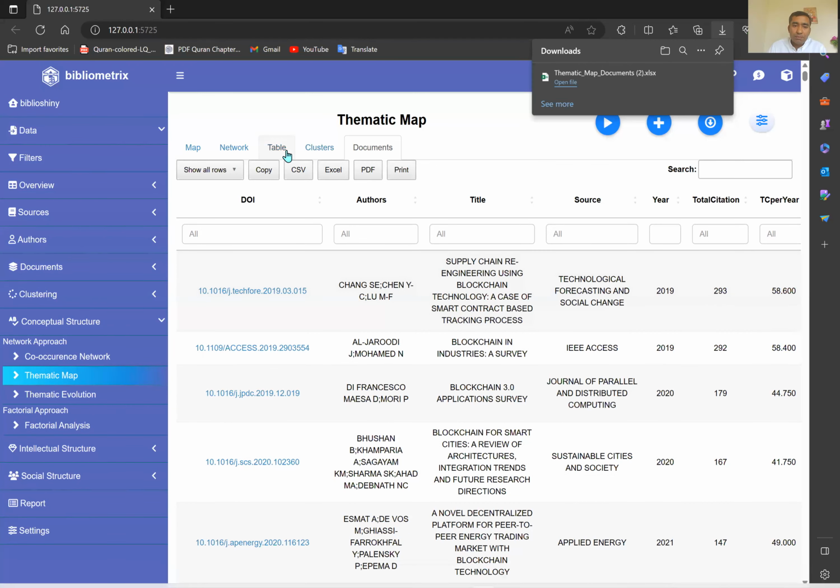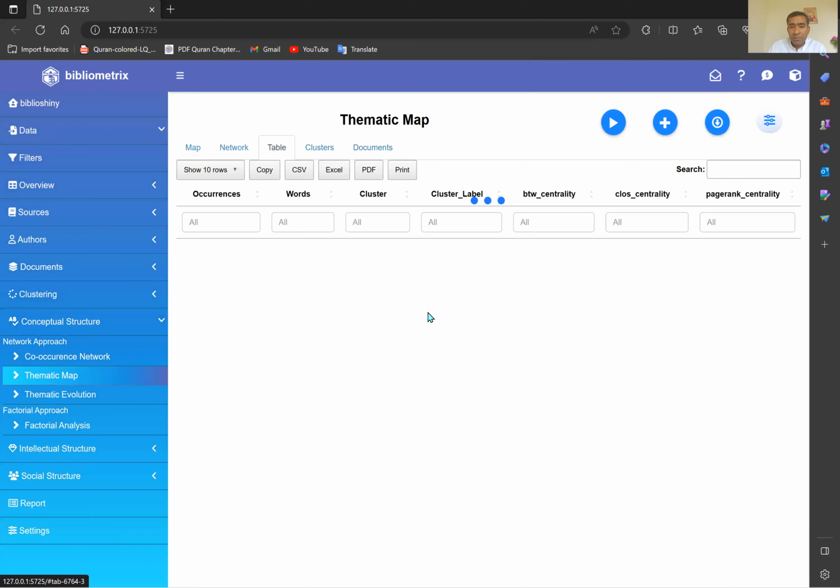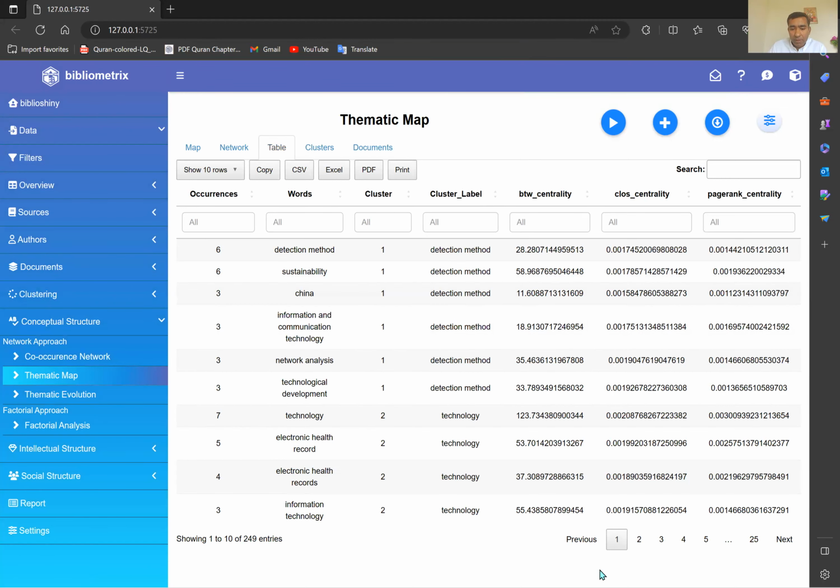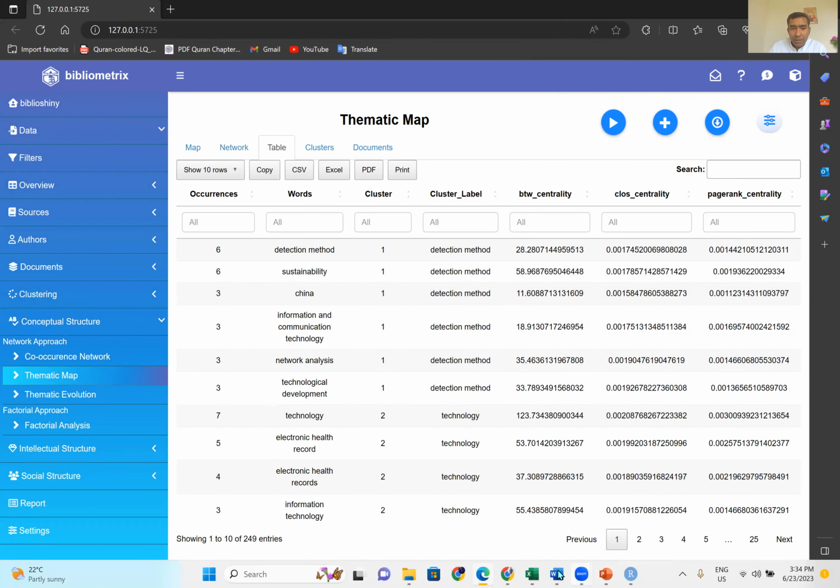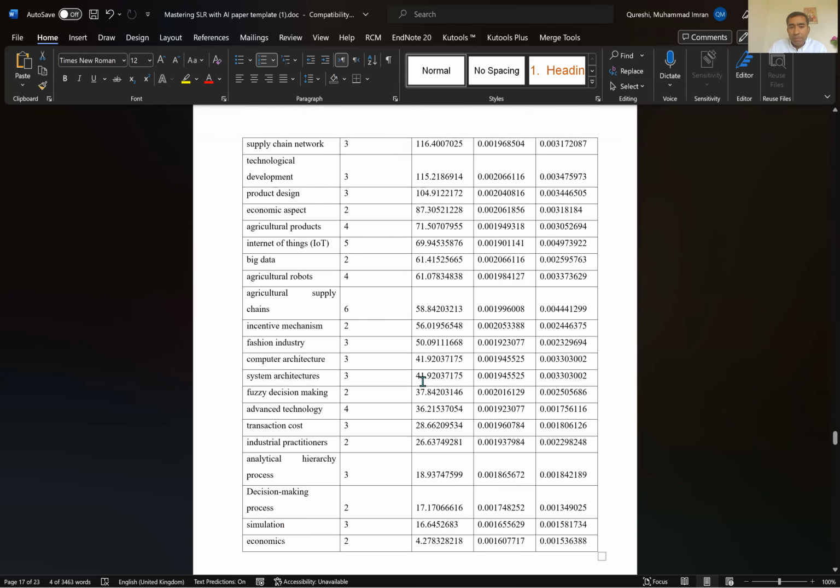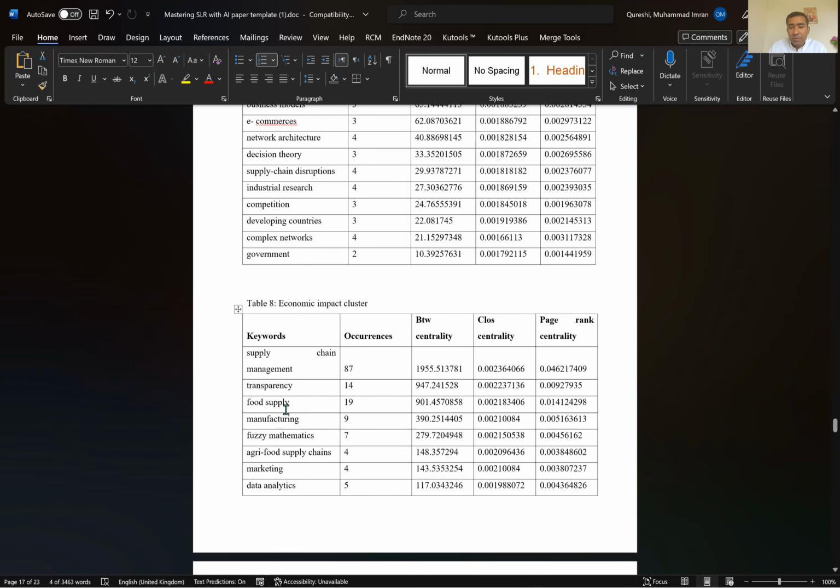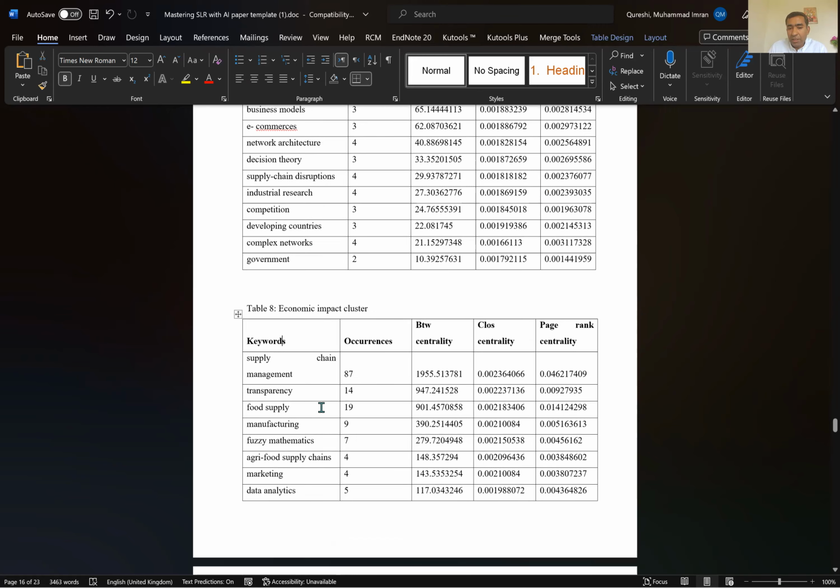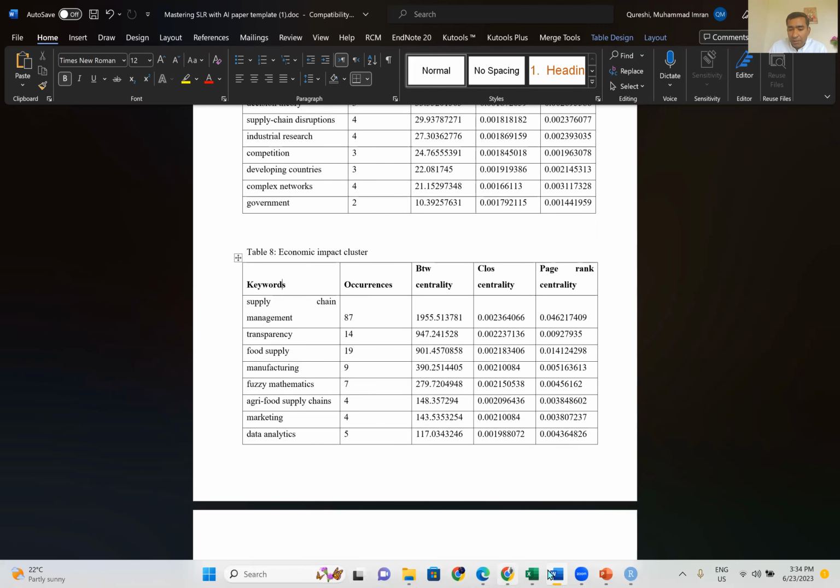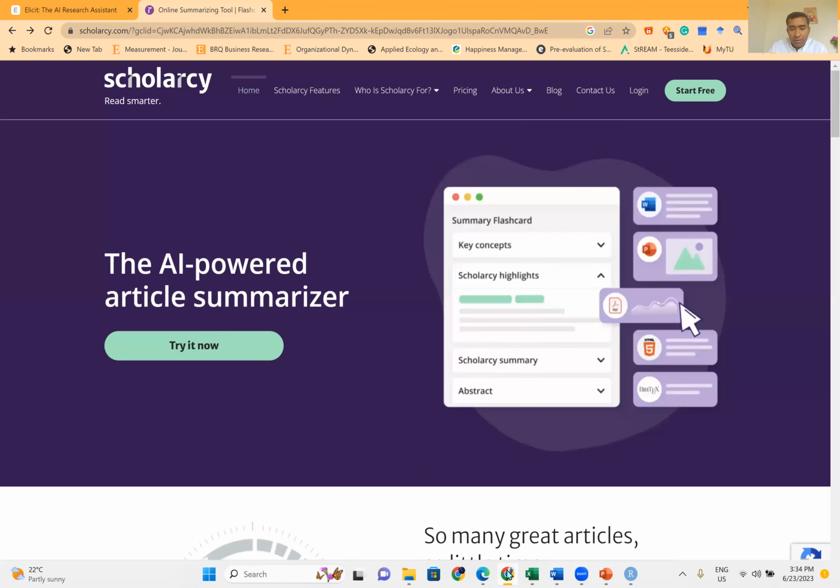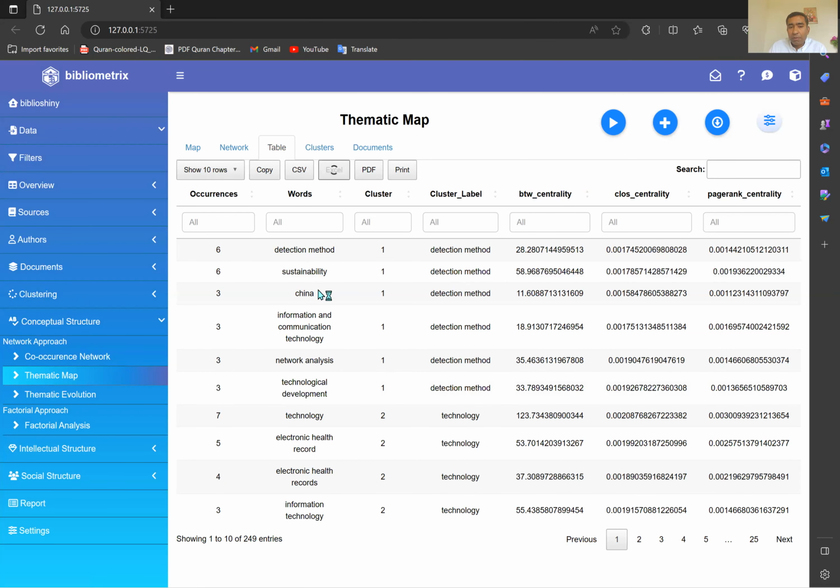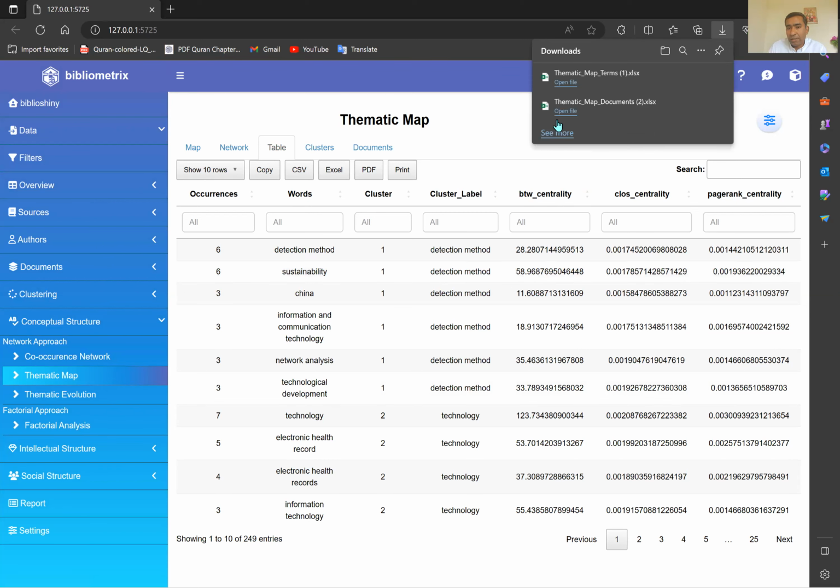Okay. Now, if you want to work with the tables, these are the tables. If I show you in my template, you can see these are the tables which I extracted based on the themes from this one. Okay, so if you extract it in the Excel sheet and open this Excel sheet, you will find out